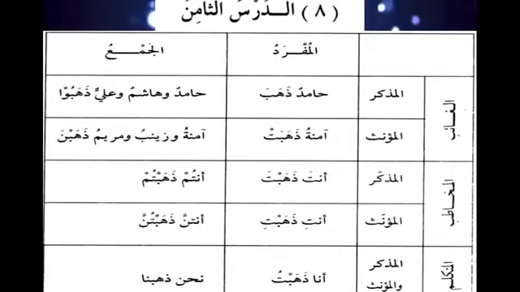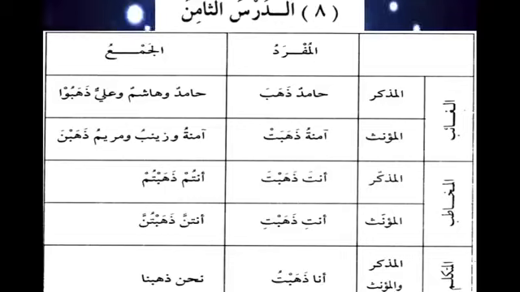For example, if you say Hamidun dhahaba, and in that's mufrad, in jam'u, Hamidun wa Hashimun wa Aliyun dhahabu. So here, because the waw represents the jam'u, we use a proper fa'al. So we know Aminatu, it is dhahabat, and Aminatu wa Zainabu wa Maryamu, we know hunna, so it is